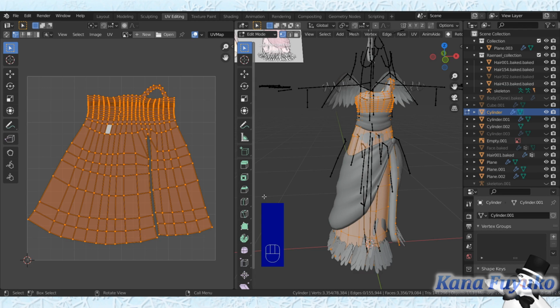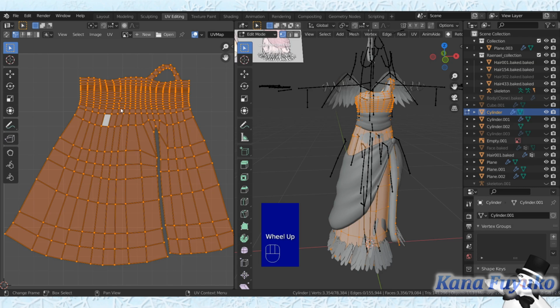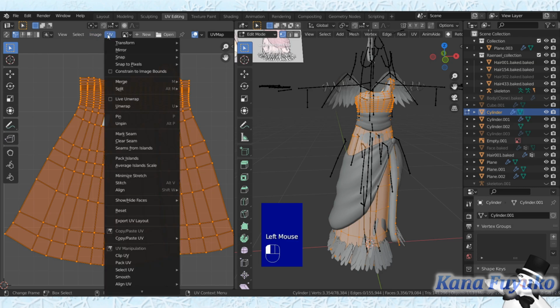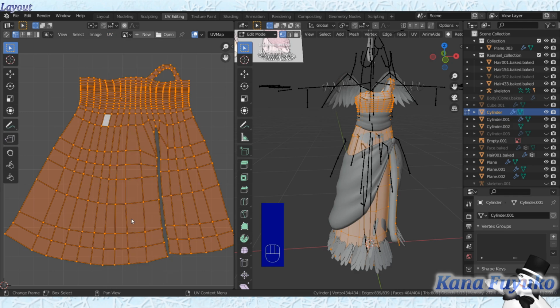So when you are planning on texturing out your images and all that, you can also export the UV map so you can put it into your photo editing program, so that way you can use it as a layout to figure out where things are in your mesh and basically paint over this UV map layout. So you can go to the UV tab right here, select export UV layout, click on it, and then